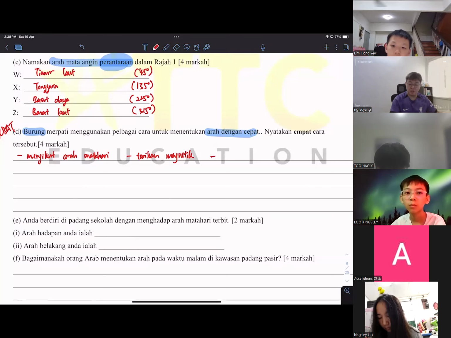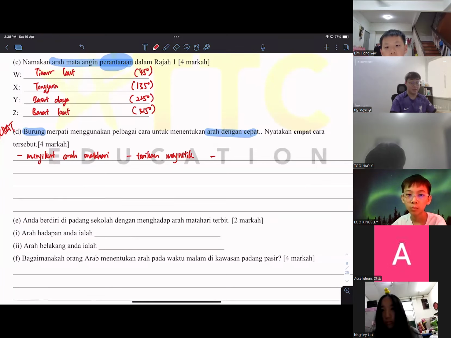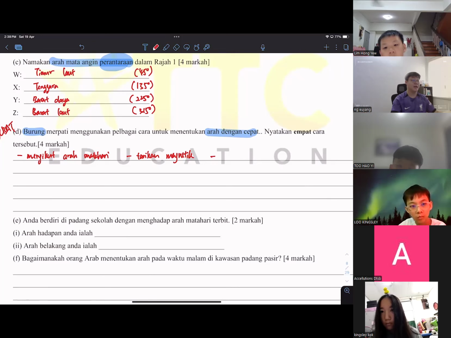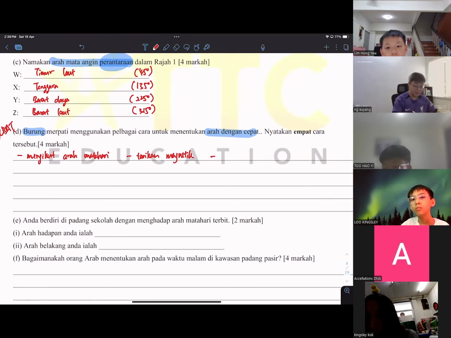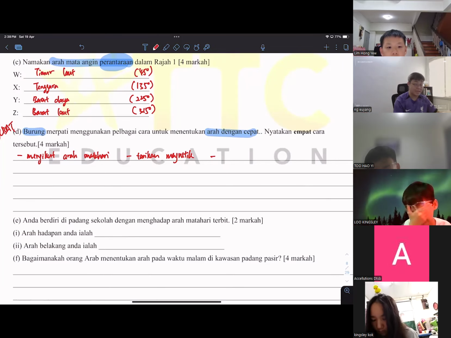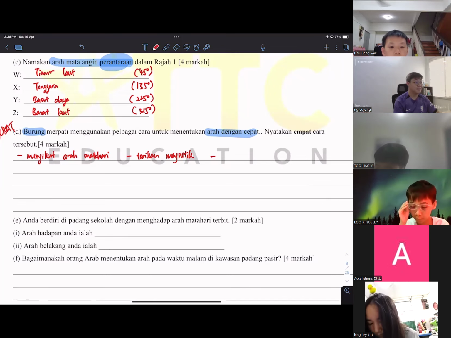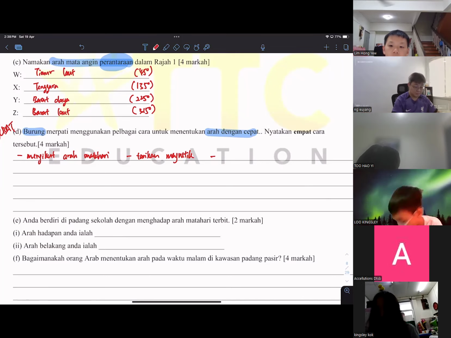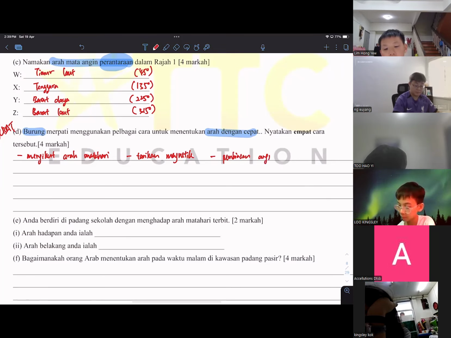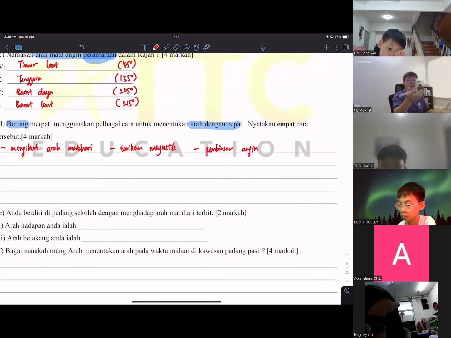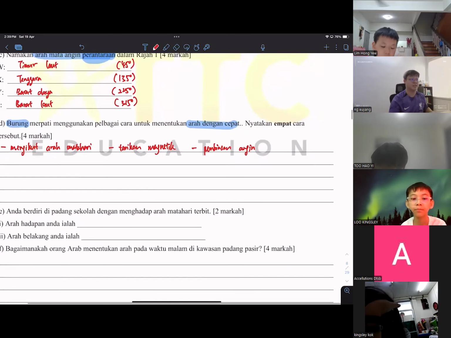Stars, usually birds try to rest when the sun is setting, during the night time. So they are not going to look at the stars. They are trying to fly towards the east according to the wind pressure. So it's known as Daya. Oh, sorry, not Daya. Pembiasan, pembiasan angin, Deria bau. They can feel the air pressure or maybe the humidity within the air. They can find the correct directions.